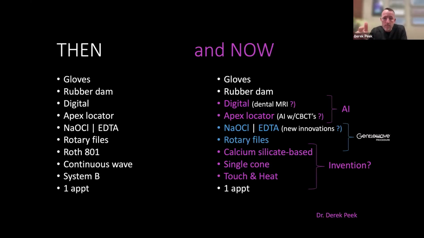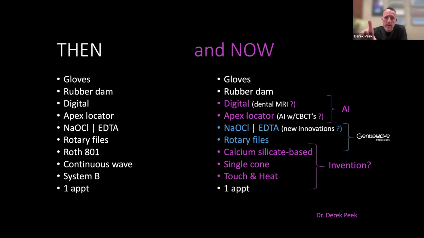I think there's going to be new innovations with GentleWave and how we irrigate the teeth, and we already got to that point. So that's great there, but there's going to be something. I don't know. I have no idea who's working on this, but some of the guys that I talk to that use GentleWave, we go, man, it's so clean. There's got to be an easier way than sealer or gutta percha, or I know there's the new obturation thing, but I think that's a point of things that are going to change, because what I'm trying to